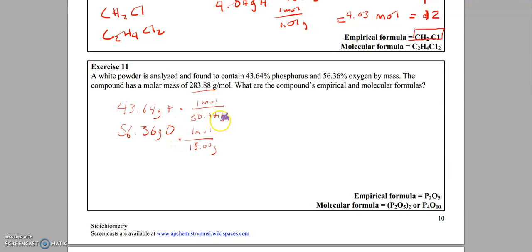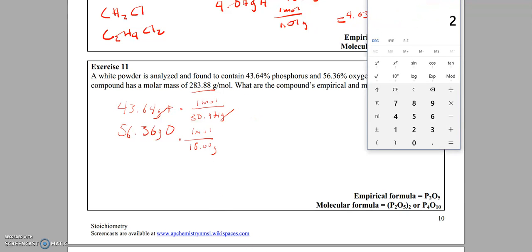Okay, grams are going to cancel here. 43.64 divided by 30.974. Okay, we've got 1.409 moles for phosphorus, and for oxygen,